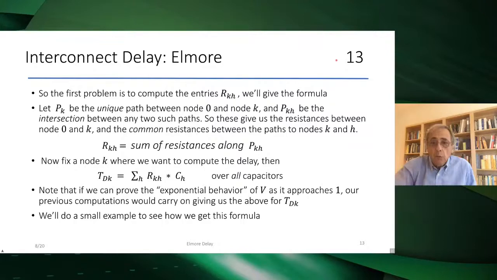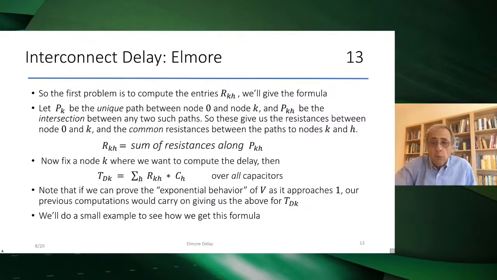As we have a unique path between node 0, that is the voltage, and any node K, we can take the intersection. If we take nodes K and H, we can take the intersection of those two paths. If the paths are as divergent as possible, the intersection will be only the first resistance. If there are more common elements, there will be a larger intersection. We take this intersection, we call it the path PKH, and we take the sum of all those resistances, and